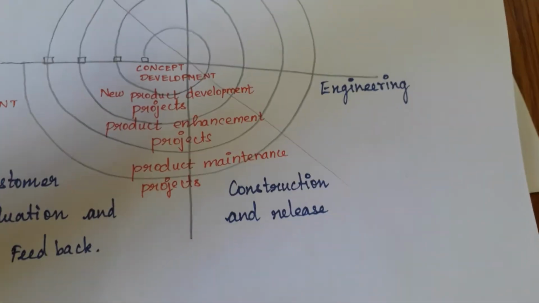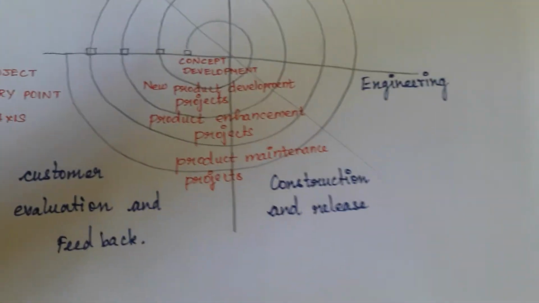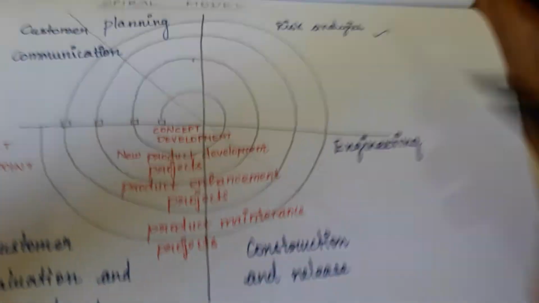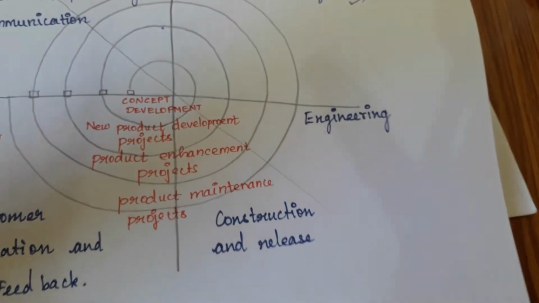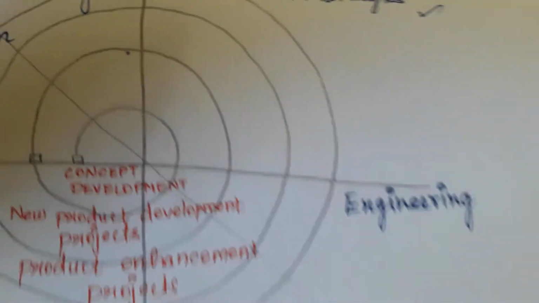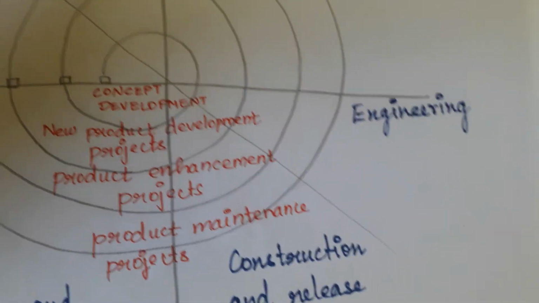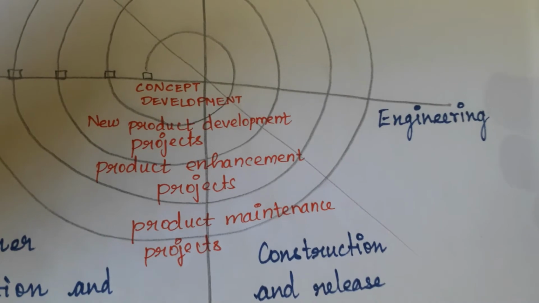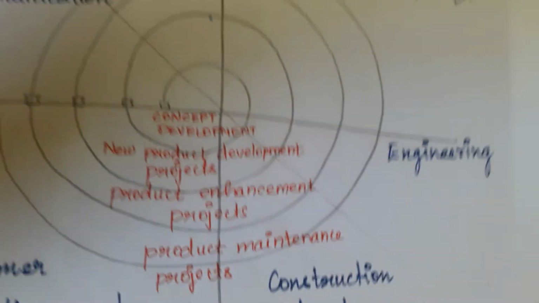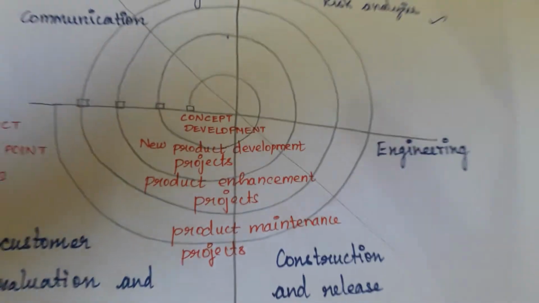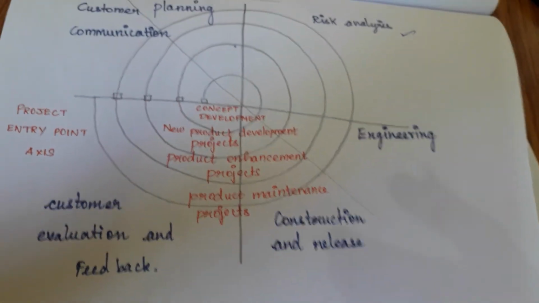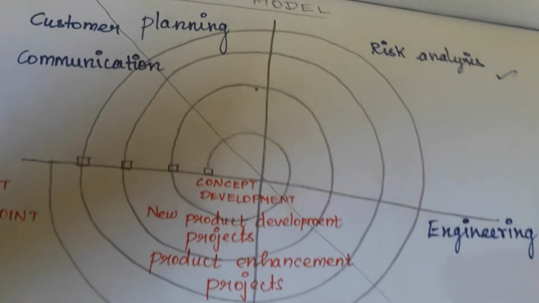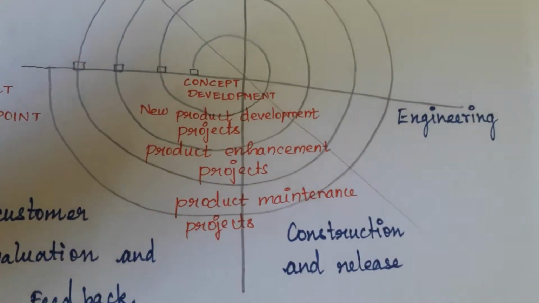The main advantage of the spiral model is that we can cycle this process if a customer is not satisfied with this project. Then risks can be identified and rectified before they become problematic, because customer evaluation is very important here. If a customer is describing his or her project correctly, then there will be no issues.